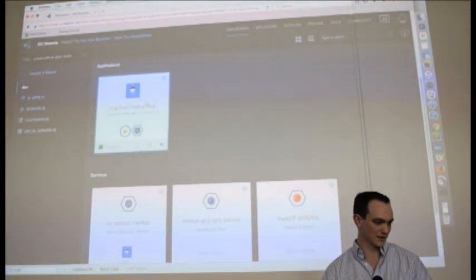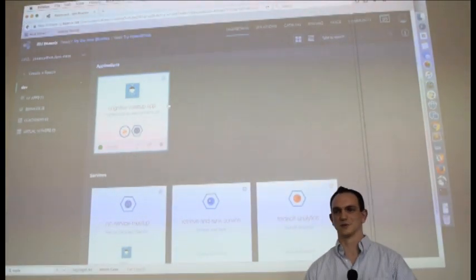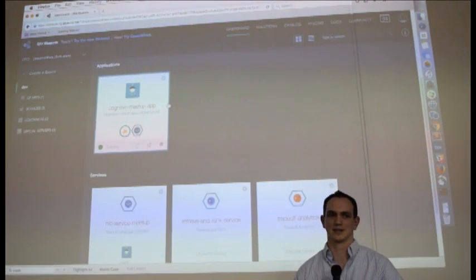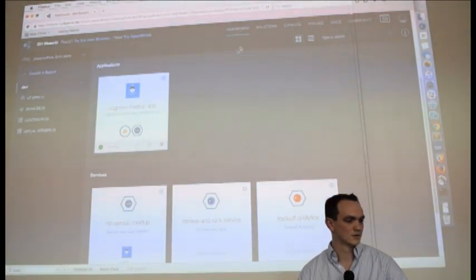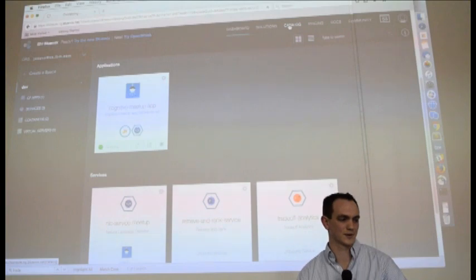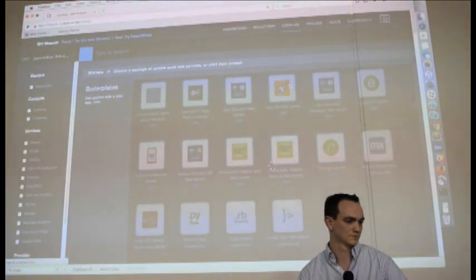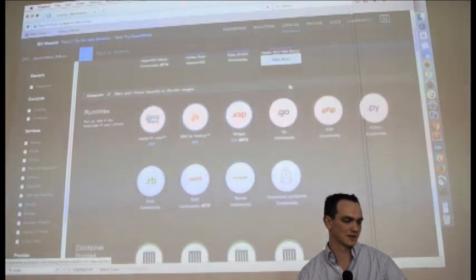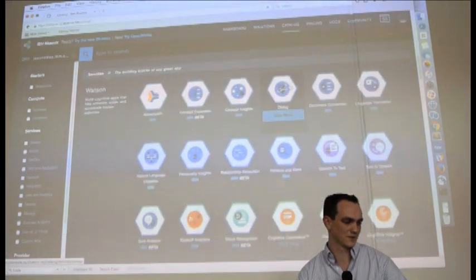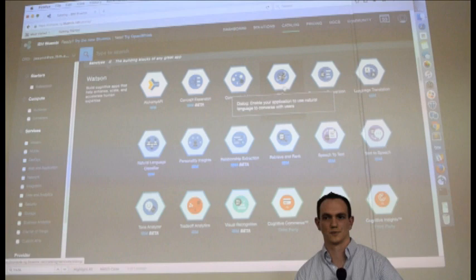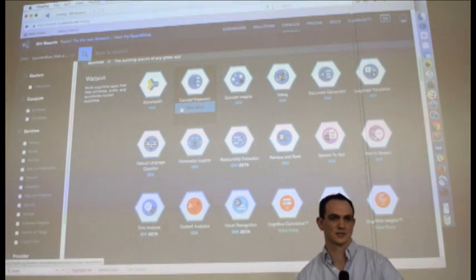So if you look here, I have the Cognitive Meetup app already deployed. I'm going to show you the steps to get here. We'll go first to the catalog where we can create our NLC service. Bluemix has a lot of other things available, but what we care about here are the Watson services. You saw this in a previous screenshot.